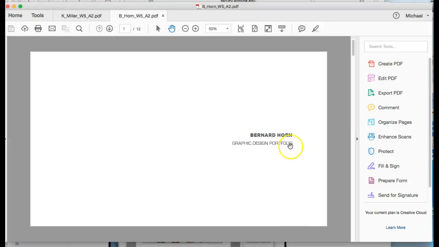My suggestion here is to drop the word portfolio. You don't really need it. It's kind of a given. And just put Bernard Horn graphic design. Instead of spanning the page like this and creating equal sections above and below the placement of the text, your identifier here, I suggest pulling it down here just to create an interesting negative space that doesn't involve symmetry